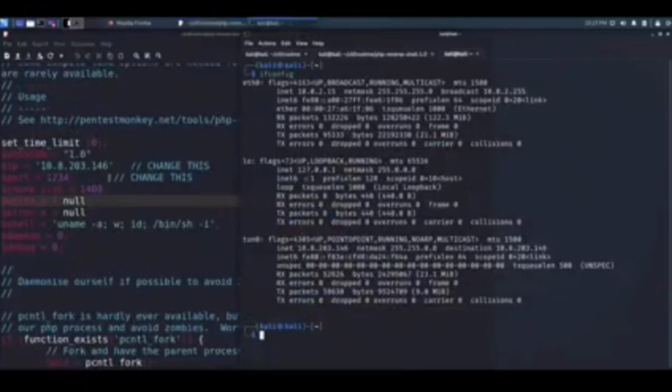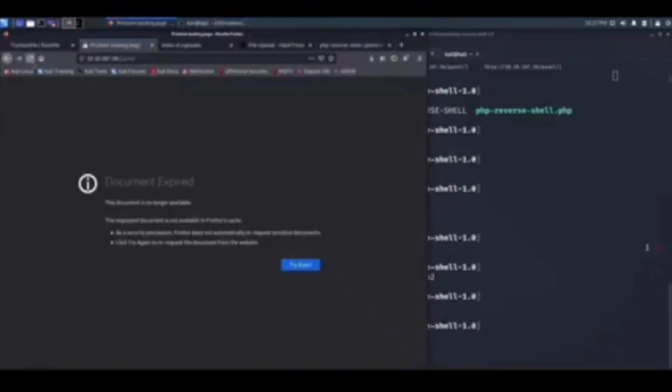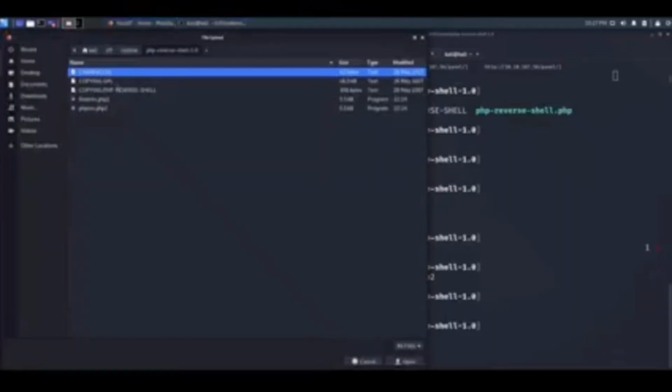Let's do ifconfig, 10.8.203.146, and we have the port 1234. Right. So now I can close it out and I can open my netcat listener at 1234 and we can try uploading it. So we can click on this page, we can click resend and now we can click on the browse button